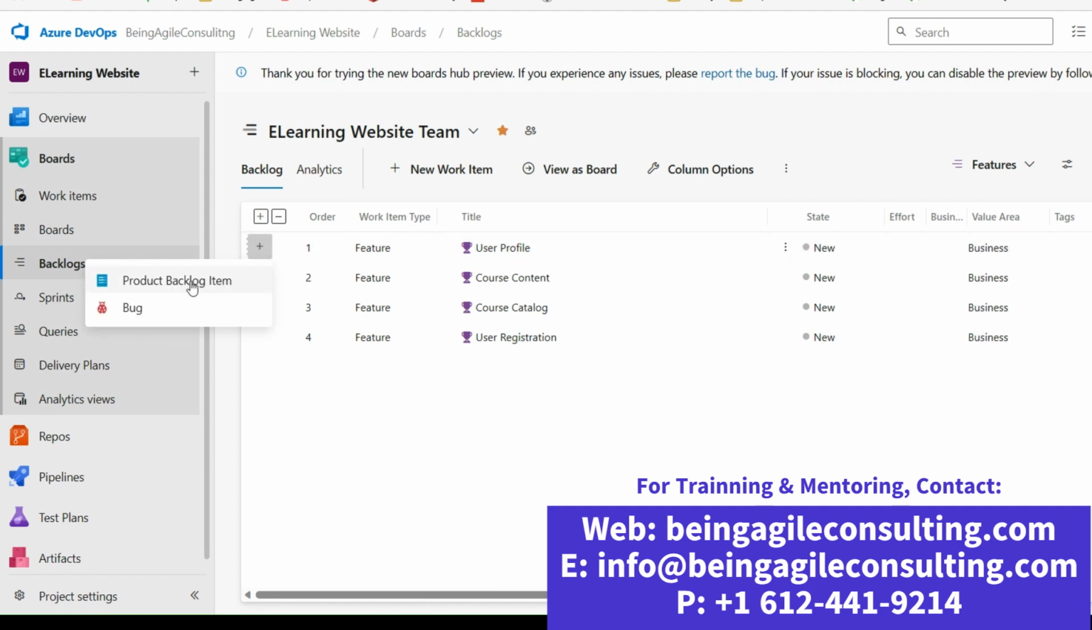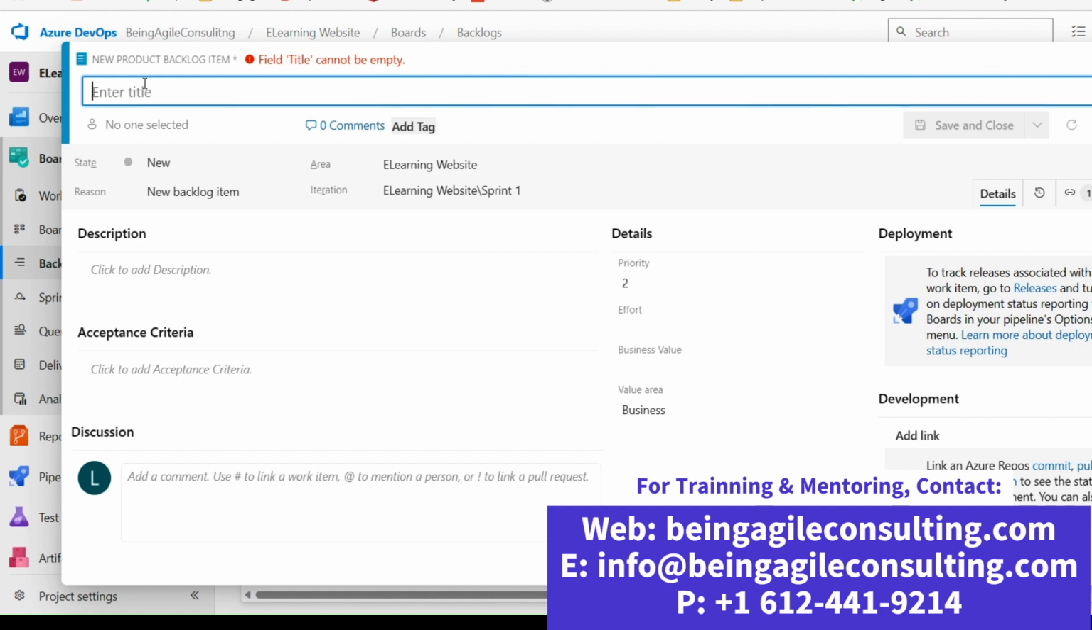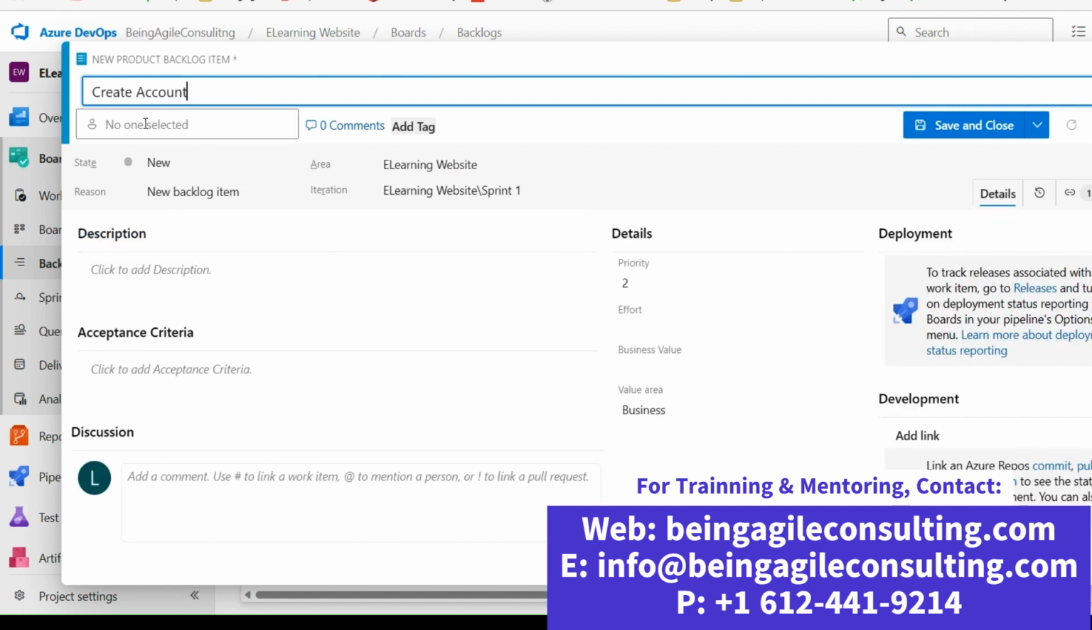So once I click on it, I'm going to select what I want to put there, which is product backlog item. In this case, the very first item that we want to create is telling us already that the field title cannot be empty. So the title of the user story under the user profile feature will be create account. We want to create account. That is the very first one. So right now we are just creating these things at high level, but again, this is how you would generate the user story. So you put the title, and